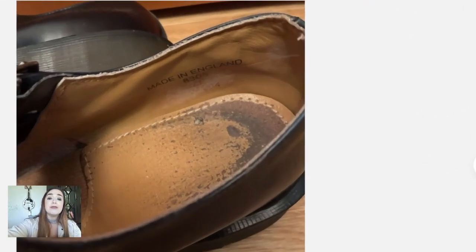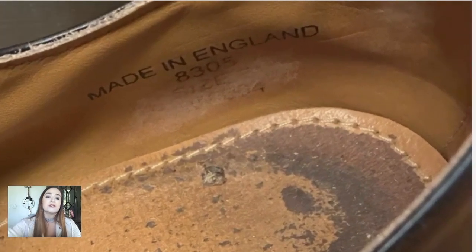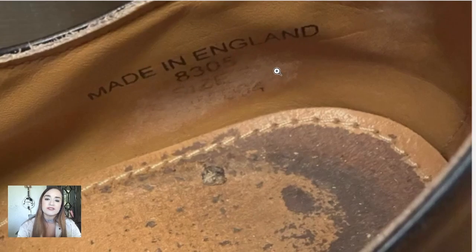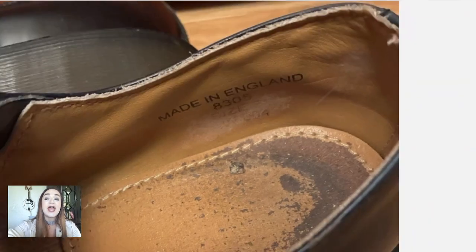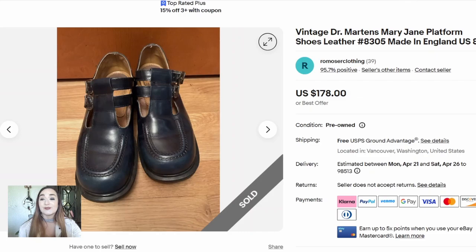This is another one that's made in England. Oftentimes they'll be on the stamp on the bottom of the shoe, but this one does have it on the inside here. So you're seeing made in England, and then the size down here. You're also getting a really good look at the inside of the shoe and just how well worn that is on the inside. There is what those look like. Those went for